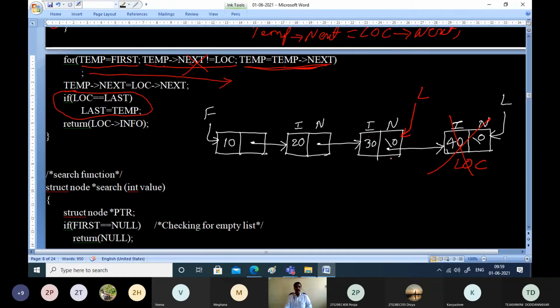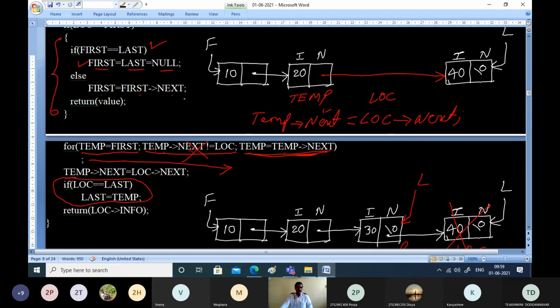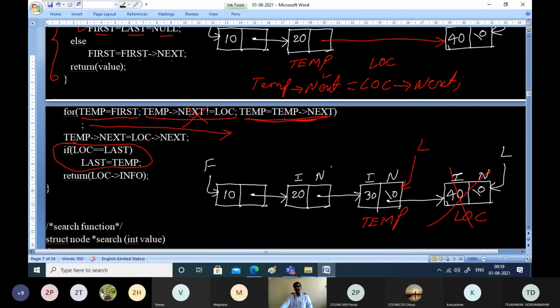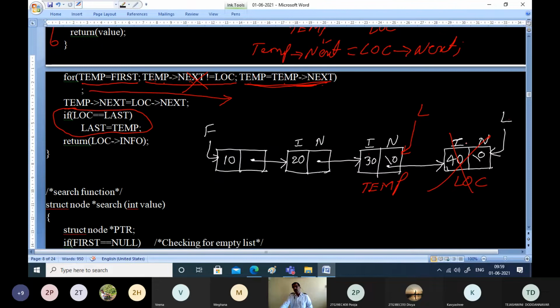In this case, after doing all the traversals, temp will be pointing to the previous node of the last node.